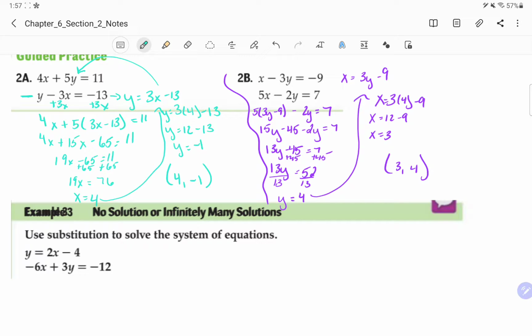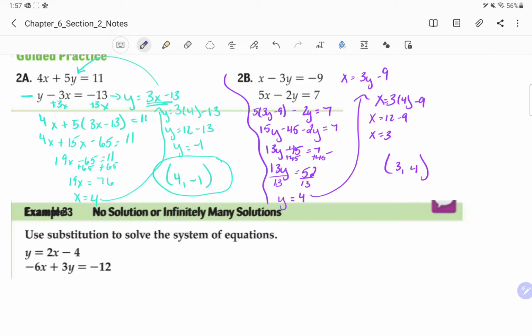Then I take that 4, and I plug it back in right here to get 3 times 4 minus 13, which would be negative 1. So here is my solution. 4, negative 1 would be the point where these two lines would intersect. All right, same thing over here with